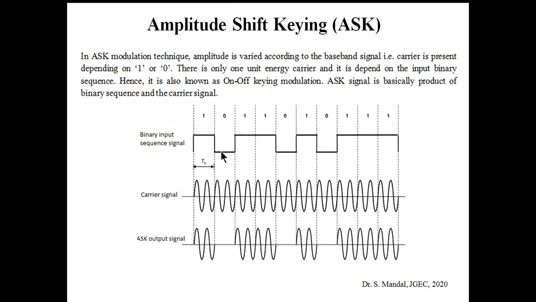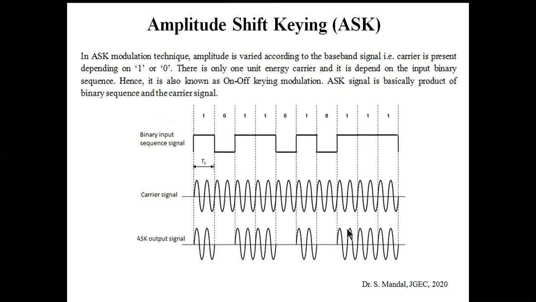So how can you get the ASK? If you want to get the ASK, we just need to multiply this binary input sequence signal with the carrier signal. Where the input voltage is high, or plus 5 volt, it is multiplied and you get the corresponding voltage level, and the output will look like this. But where the input binary sequence is 0, which is represented by the 0 volt,